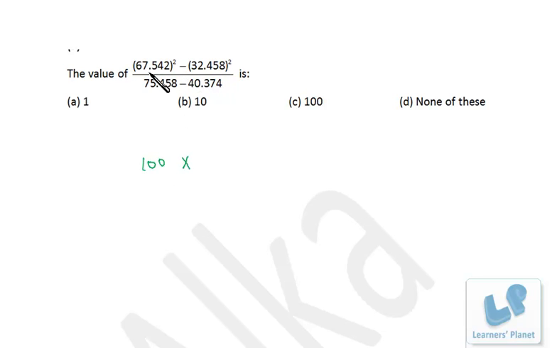Now a minus b, 67 minus 32 approx, it will be 35 point something something, and in the denominator 75 minus 40, that's also approx 35. Bright chances are this calculation and this calculation are the same. 8 minus 4, 4, 5, yeah, it's totally same. So these are cancelled, you're left with 100. That's it. Okay,